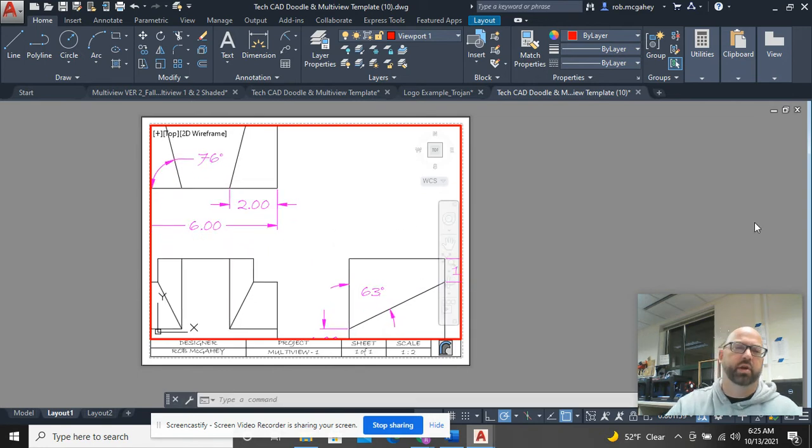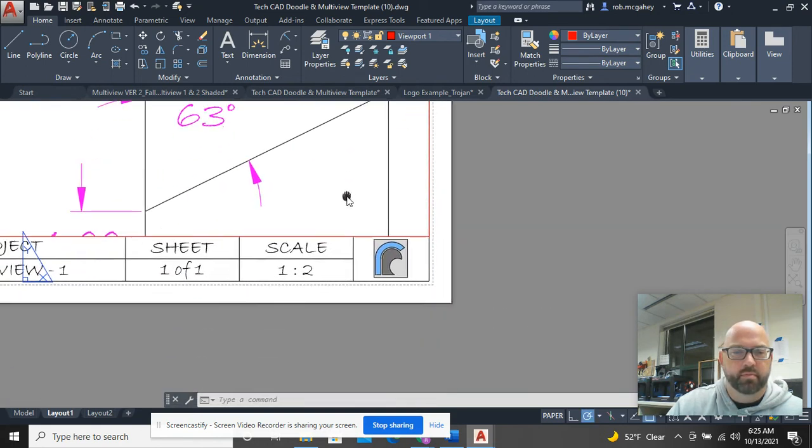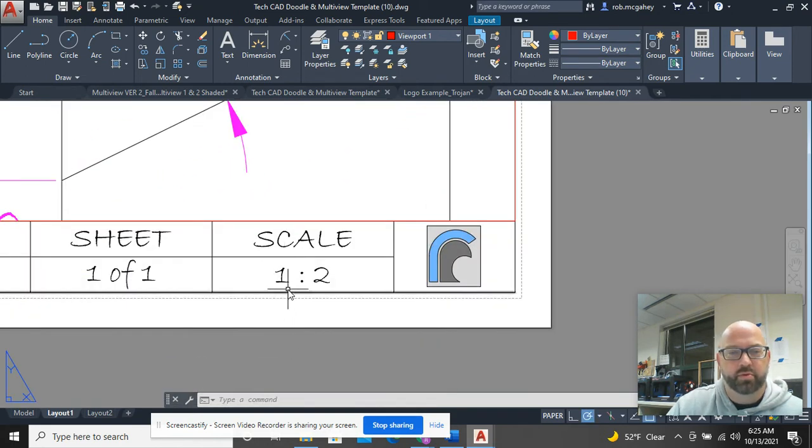And now all of a sudden you look and you go, well, this is no good, right? And people are going to want to start moving stuff around and everything else. But I've spaced all of these things evenly, and I'm pretty convinced that I can change the scale, which is what I want to do. As a draftsman or any kind of designer, what I want to do is give the person an actual scale, because if I happen to forget to label that number 2 inches, and that's a critical dimension, if the person who's, let's say, a machinist or someone who's creating this or programming a machine,